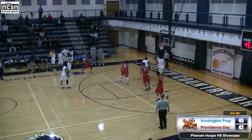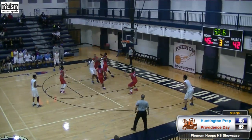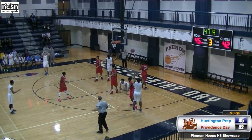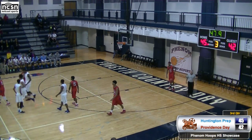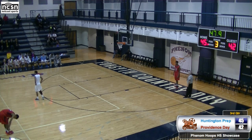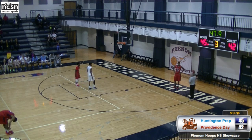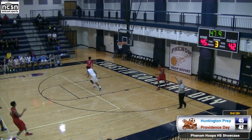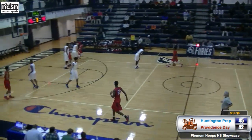Jones out to Shabazz. Luka Petrovic tracks it down in the corner, back out to Shabazz. Shabazz drives, kicks. And it's going to be a walk. Lost his balance somewhat. That would be Kareem Ezzedine. Okay, Chaz Ray is back in the game. Okay, awesome. That's fantastic. The way he went down, it was very concerning, but